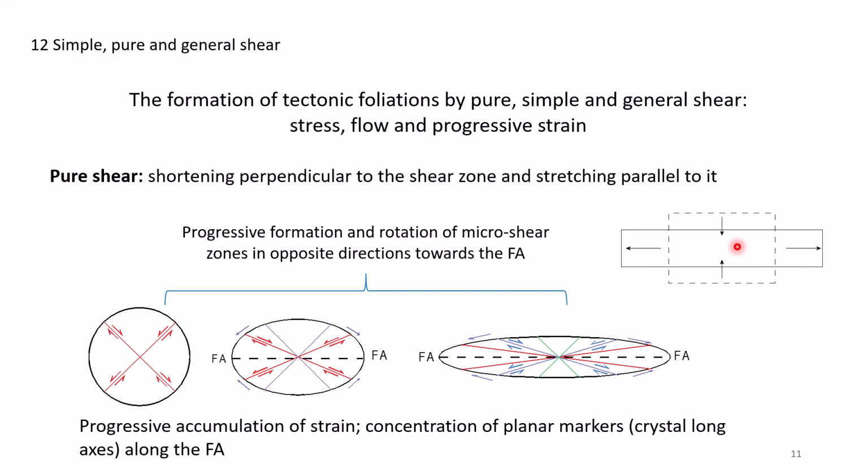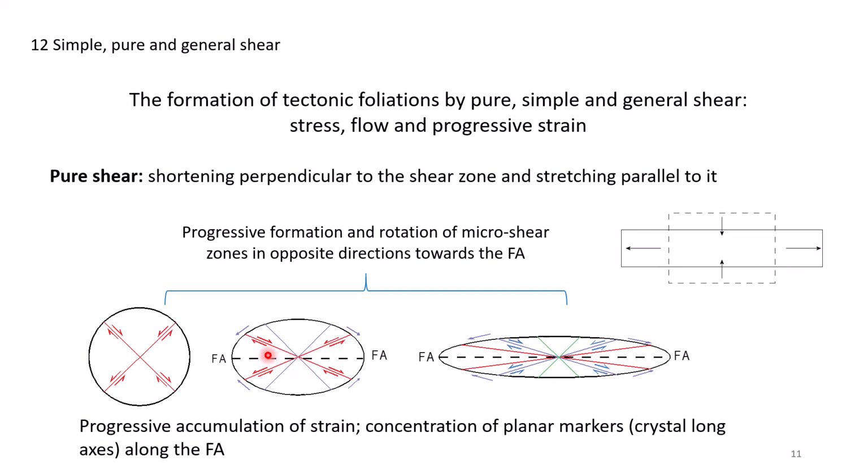In a pure shear situation, as indicated here on the top right, we would shorten vertically and stretch horizontally, and accordingly conjugated micro shear zones would form in the way as indicated, with a top to the right shear zone from top left to bottom right, and a top to the left shear zone from the top right to the bottom left. These shear zones with progressive vertical shortening and lateral stretching would start to rotate, and